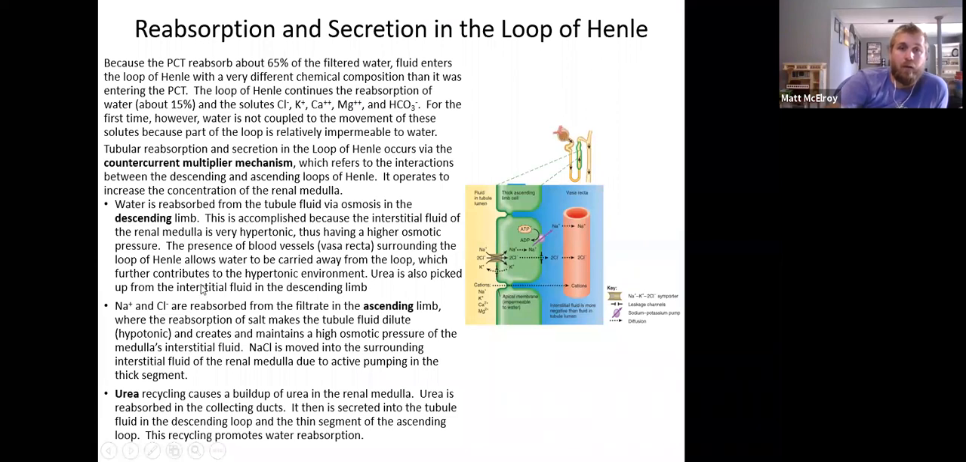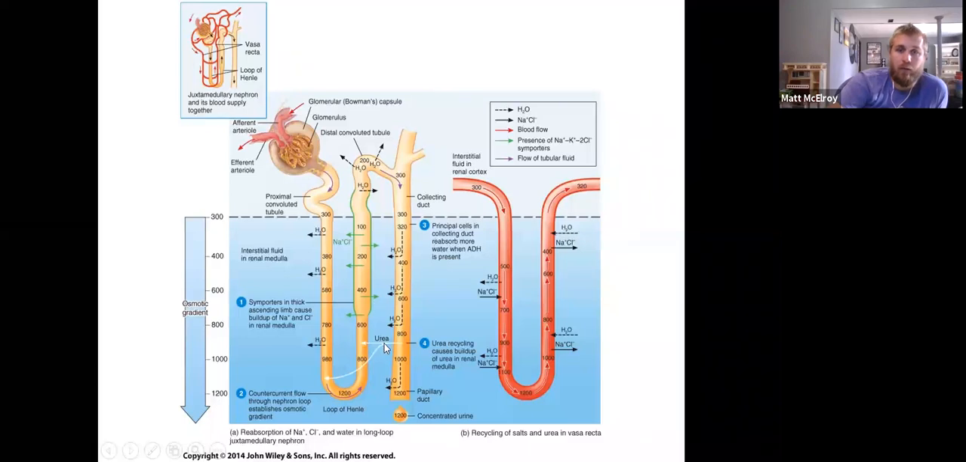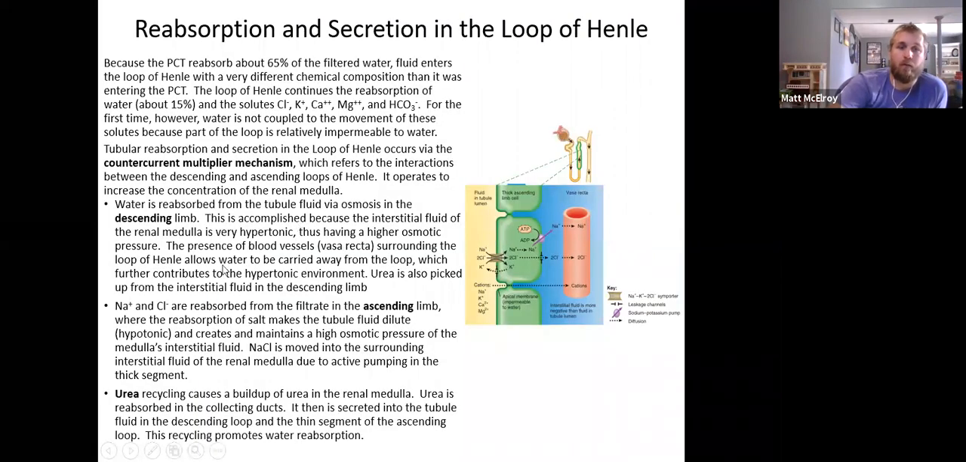Now, on top of that, we're also picking up what's called urea from the interstitial fluid in the descending limb. You can see that right here with the white arrows. So urea is actually being secreted. Remember, tubular secretion is moving stuff into the tubule, whereas water is being reabsorbed and moving out of the tubule. We're also reabsorbing salt, and that's taking place in the ascending limb,